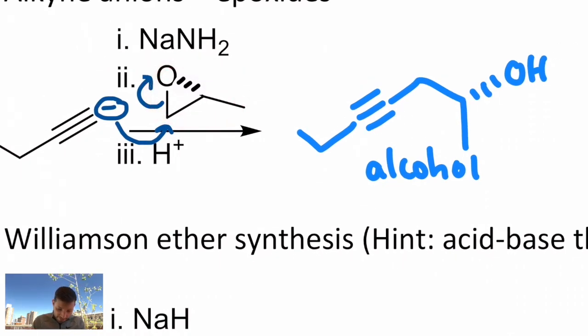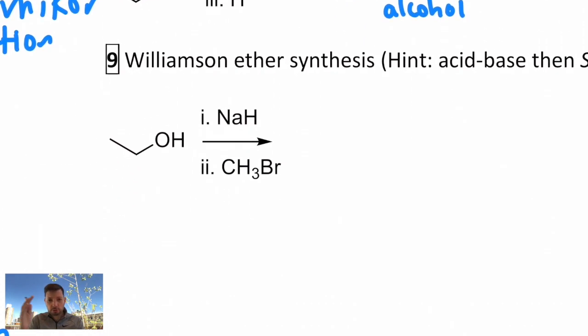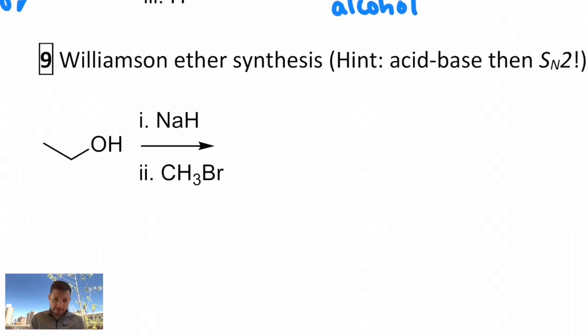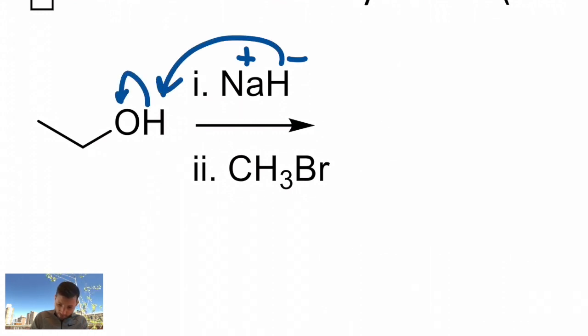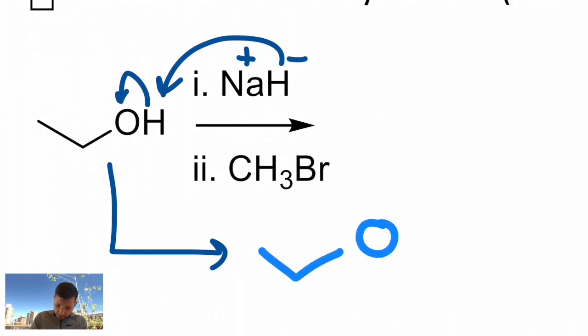Okay, and then the last one from sort of the old reactions that we've learned, this is an ether synthesis. It's one of the most useful ones. It's called the Williamson. It's really just an acid base followed by an SN2. Most common base we use is sodium hydride. That's just an H- anion coordinated to an Na+. This acts as a base. It takes the H away, so you temporarily form an alkoxide, meaning the anion of the alcohol, and then that